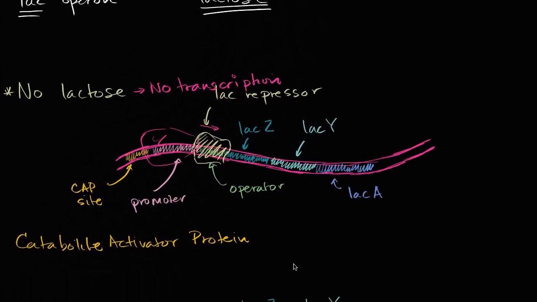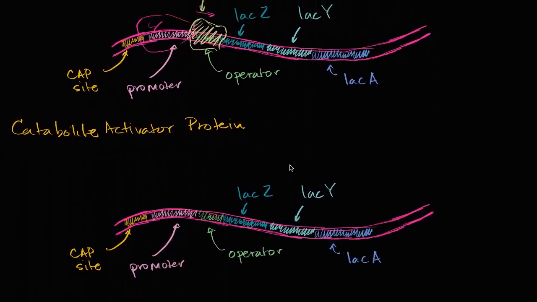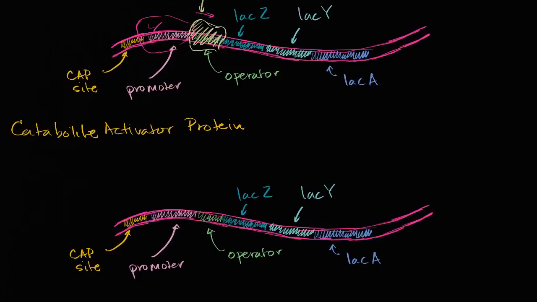So what do you think should happen if there is lactose? So I'll keep this up here so you can see it. So lactose present. Well, you can imagine, you don't want that repressor around anymore. And that is indeed what happens, is that you have an isomer of lactose called allolactose. So if lactose is present, you're going to have also allolactose present right over here. And so that is allolactose, which can act as an inducer of transcription.